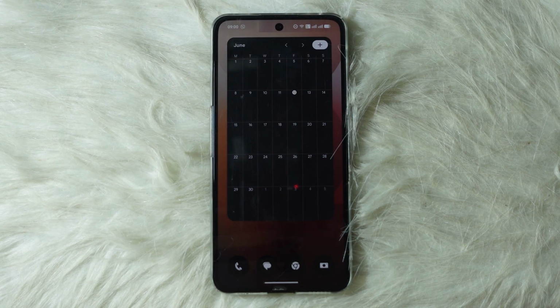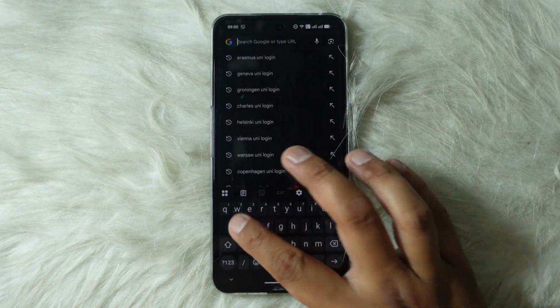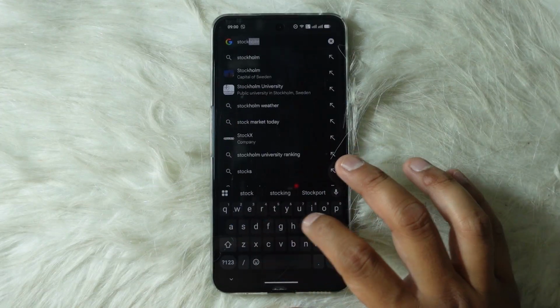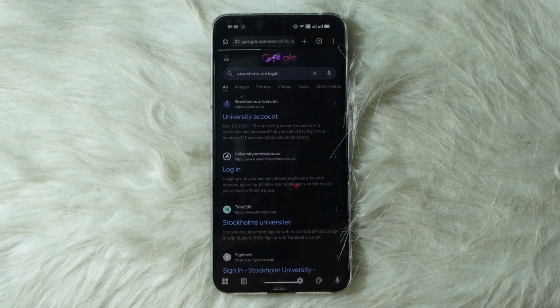Today's video is going to be about how to log in to Stockholm University Portal. For that, the first thing that you'll have to do is open up Google Chrome or a browser of your choice, and then in the search bar simply type in Stockholm University Login. That is Stockholm University Login. You can then hit go or enter on your keyboard and then tap on the first link saying